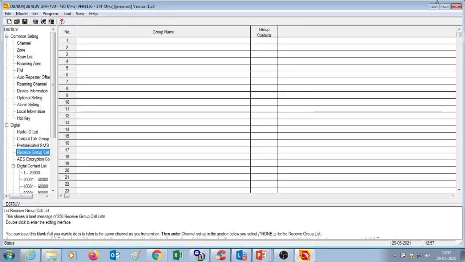So here I have opened the computer programming software. This is the computer programming software for Anytone 878 UV. But like I said before, the concept remains the same for other radios as well. So the first thing that you need to do is connect your radio using the provided programming cable to your